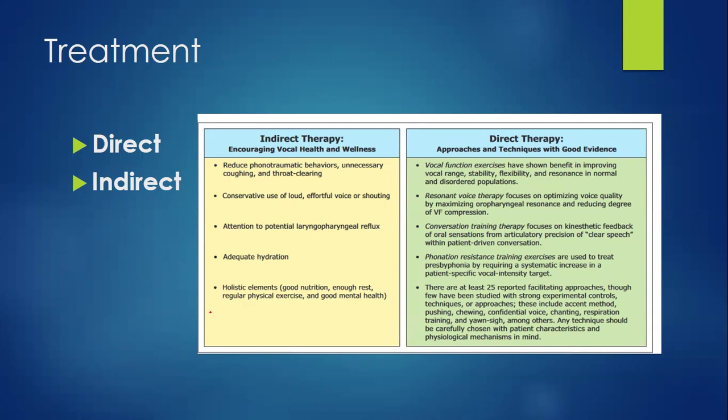Then there are voice direct therapy approaches, and there are so many of these. A few of them are on here, but when you go to the ASHA portal, you're going to see so many of them described in depth, and I highly encourage you to do that. So vocal function exercises have been shown to benefit in improving vocal range, stability, flexibility, and resonance in normal and disordered populations. There is resonance voice therapy, which focuses on optimizing vocal quality, conversational training therapy, phonation resistance training exercises,